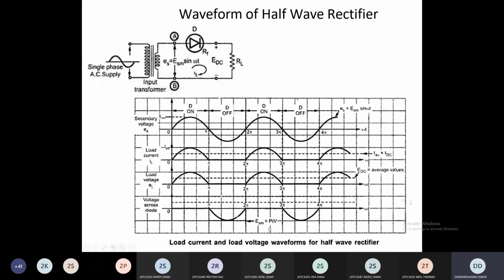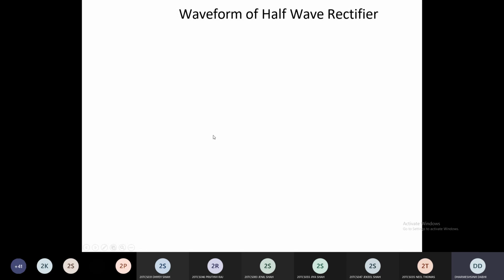When you design any rectifier, the voltage rating of the rectifier is decided based on this peak inverse voltage. The peak inverse voltage indicates how much reverse voltage your diode can withstand. Clear? In this half wave rectifier circuit, the maximum reverse voltage across your diode is minus Esm, where Esm is the peak of your supply voltage. So the negative of the peak of the supply voltage is the maximum reverse voltage across the diode. Clear? Suppose this is 230 volt, then your diode must be rated at least 230 volt. So this is all about the operation of half wave rectifier.